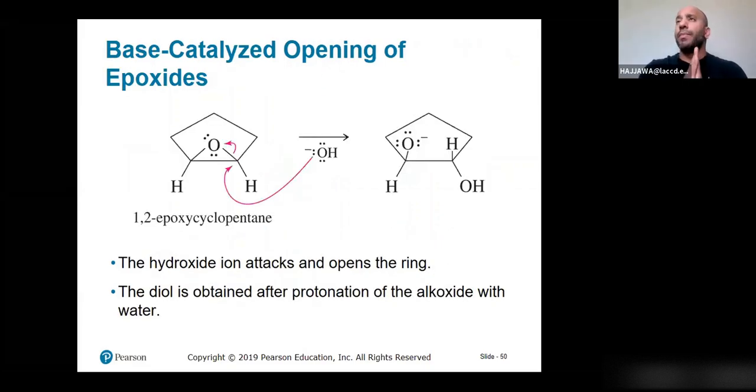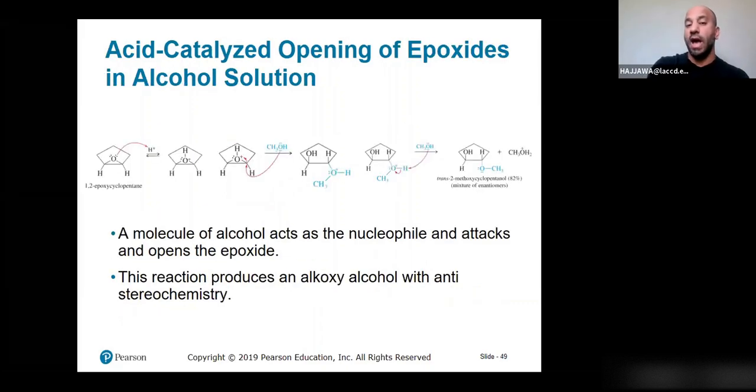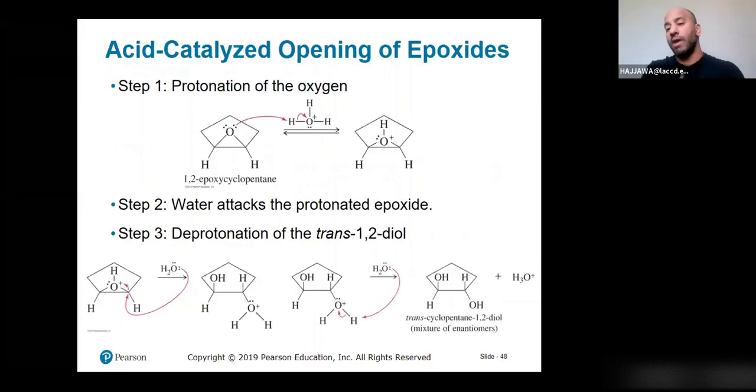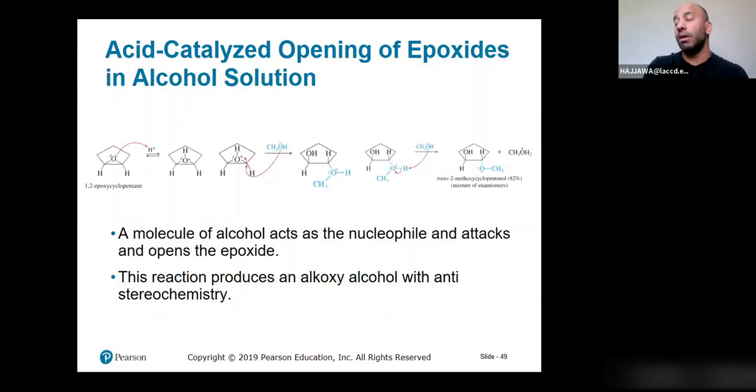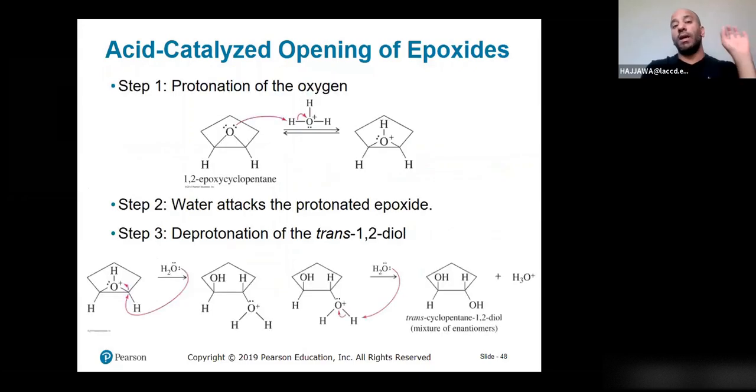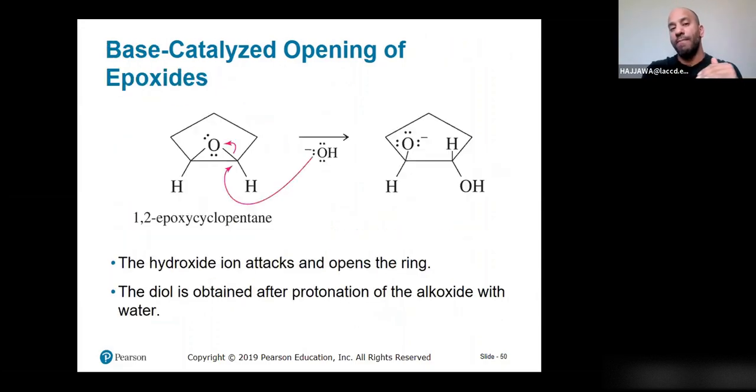Other chemistry, and this time is the base catalyzed approach. So what we discussed earlier is the acid catalyzed. So whether I make a trans diol or a trans alkoxy alcohol, that will be an acid catalyzed approach. So I protonate first, and then I pick the more substituted carbon to attack it with the nucleophile. What happens if I have a base catalyzed condition, such as hydroxide, or as we're going to see